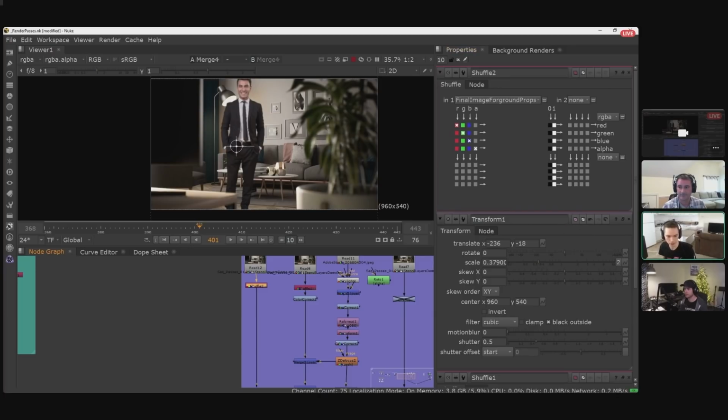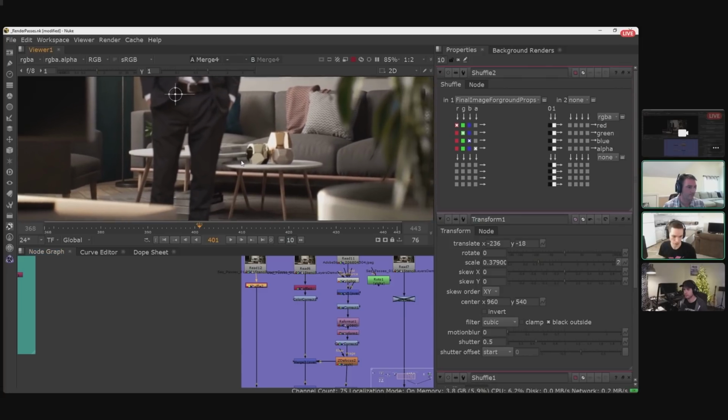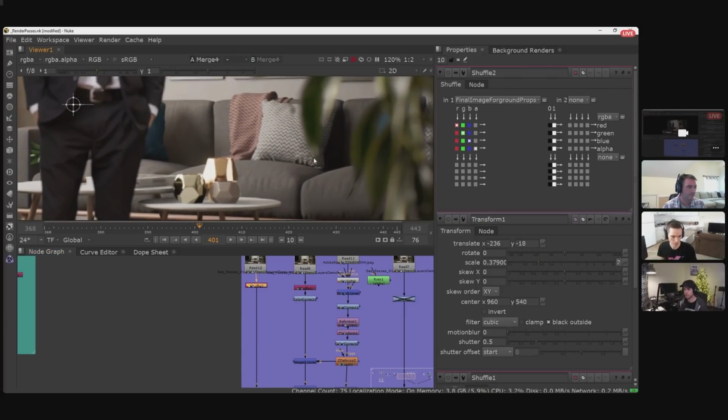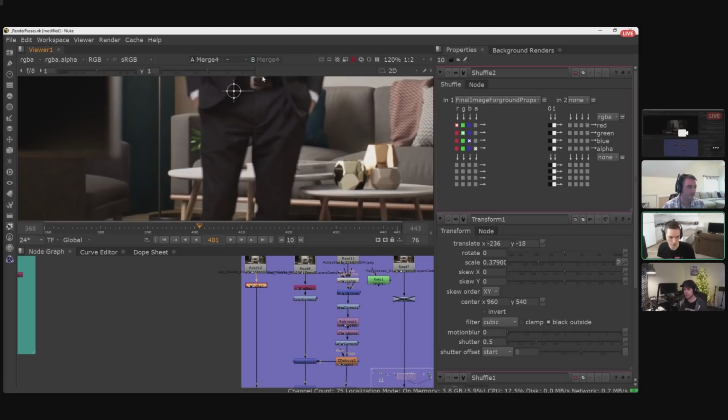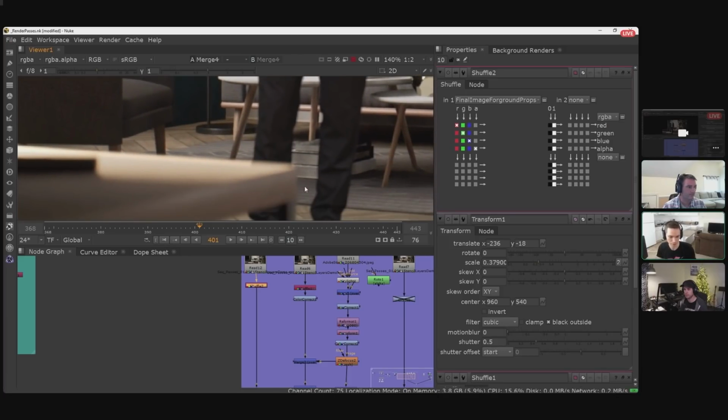Cool, thank you very much. And can you actually zoom in real close, showing how the depth of field works nicely over the background plates with him? I think it's a really cool effect. I just want to make sure people are able to see it since your viewport on the screen is not as big.